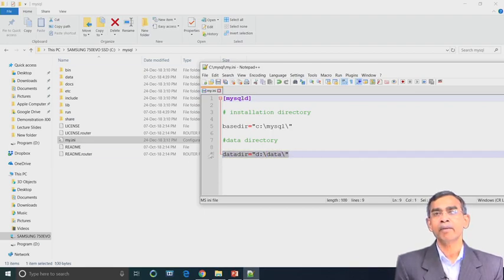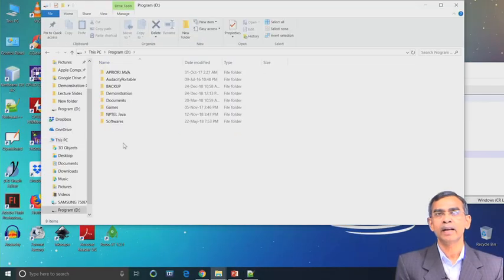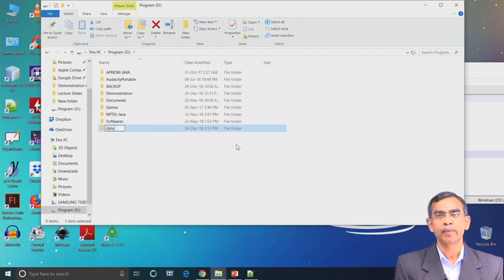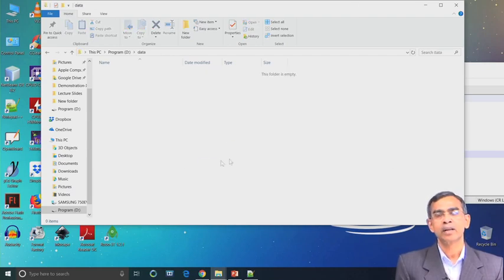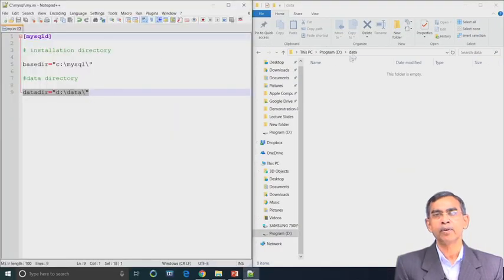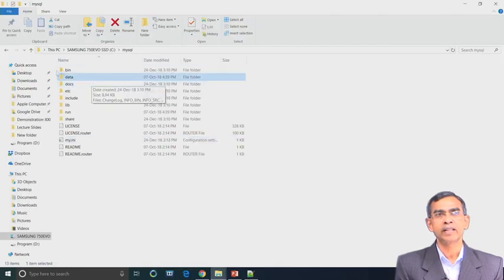So, the data files will be stored in this drive. We have planned that all the backup or data files will be stored in the D drive of this machine. You can choose some other location also, no issue. Anyway, the data folder is created here in the D drive. We have created a folder there, and there is one in the C drive also. You see in the MySQL directory the data folder is there. This folder should be removed.